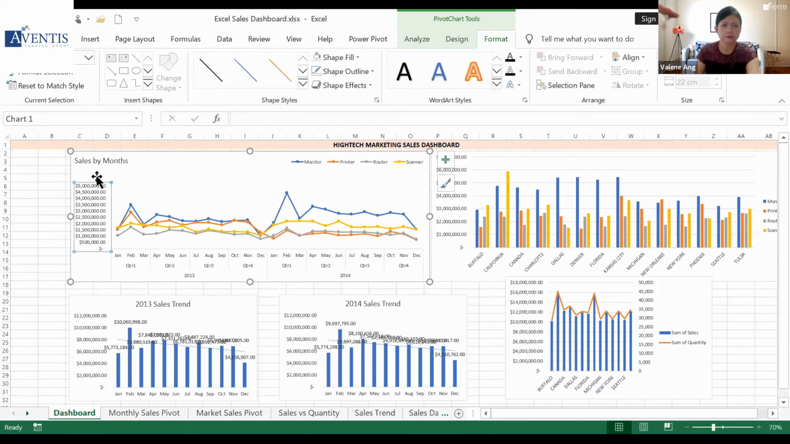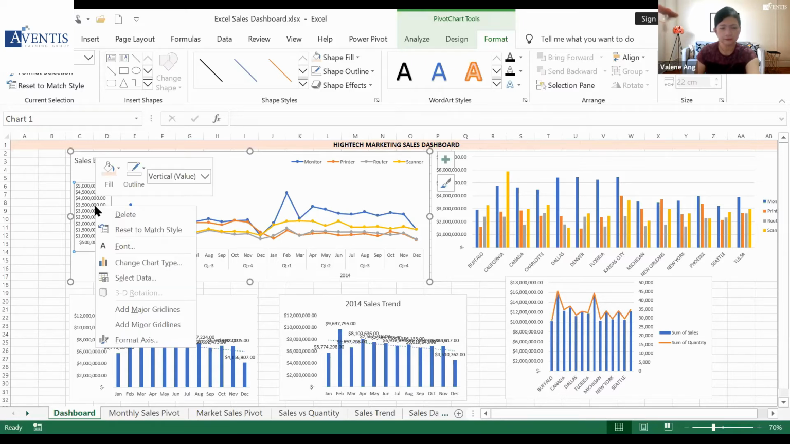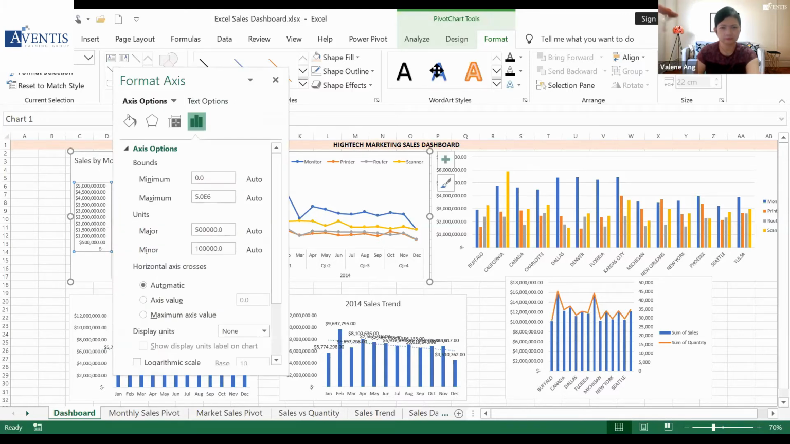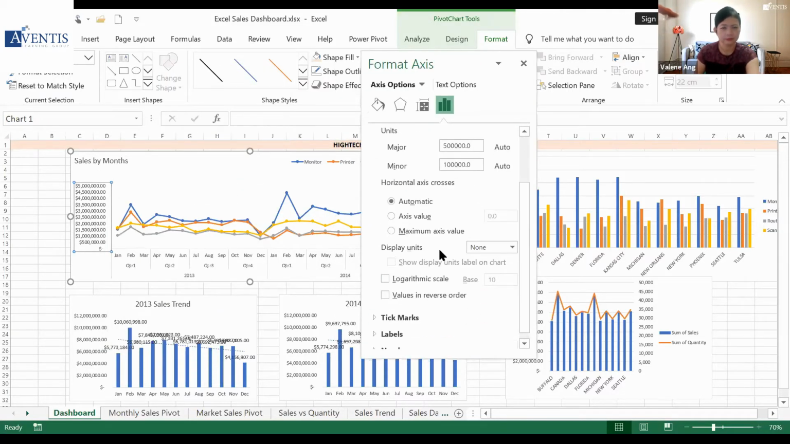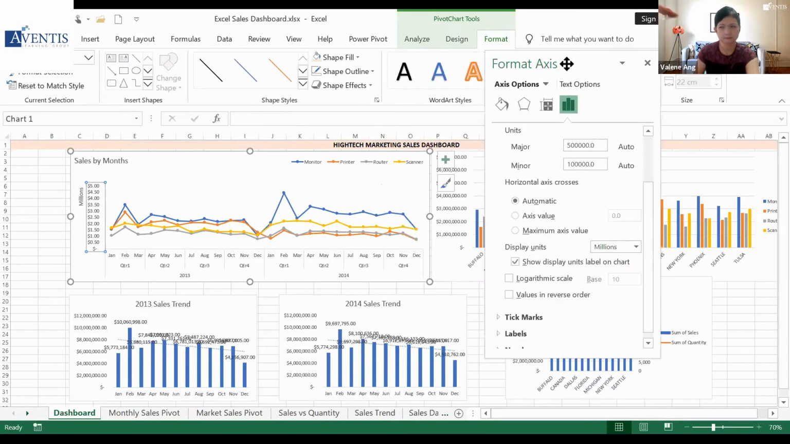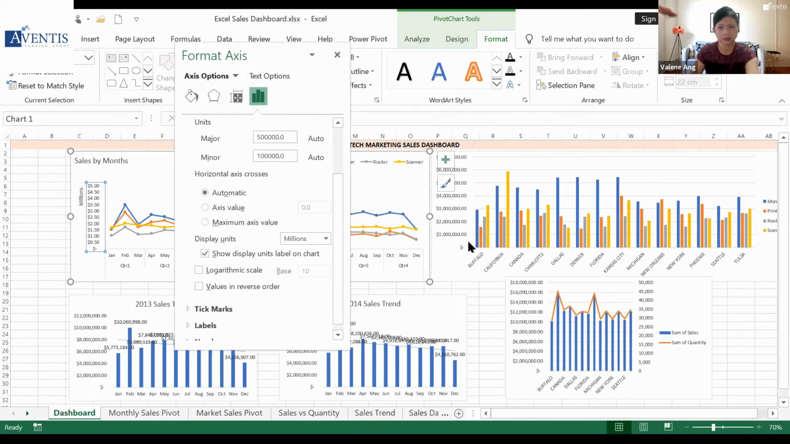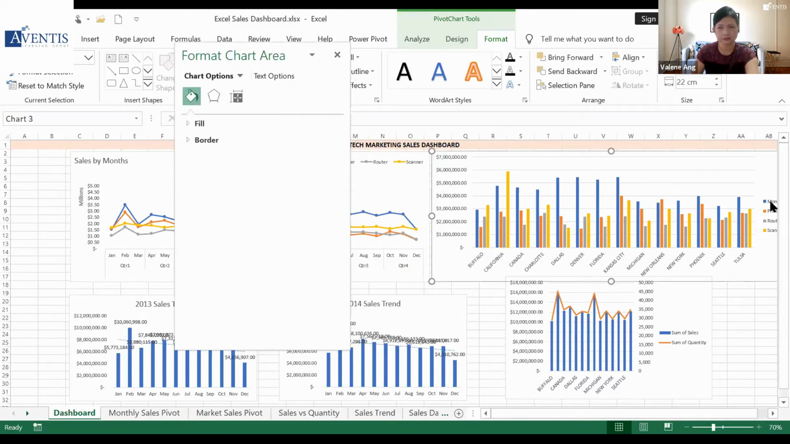Okay, so I'm going to format the value to display in millions. So right click on the value axis, go to format axis, scroll down, go and get this display units and select millions. Okay, as for the second chart,